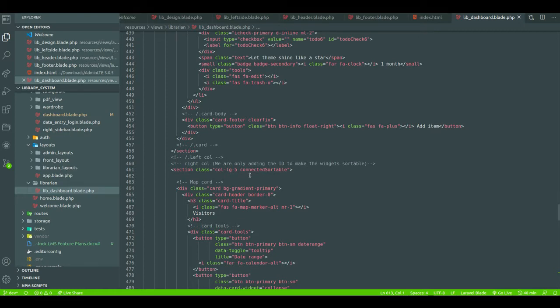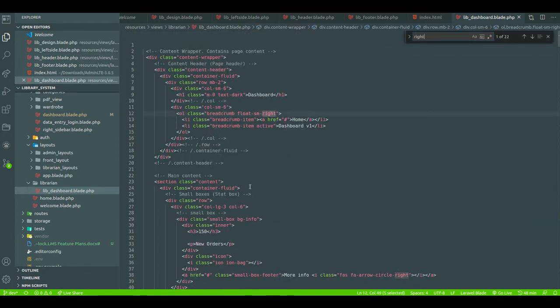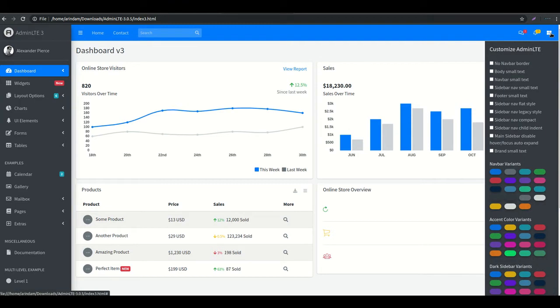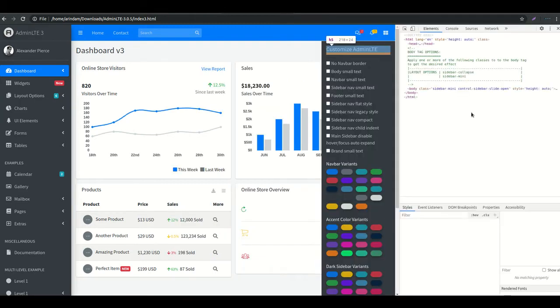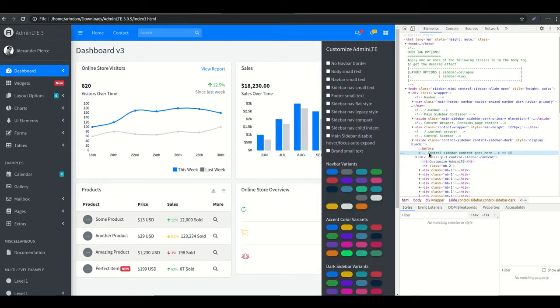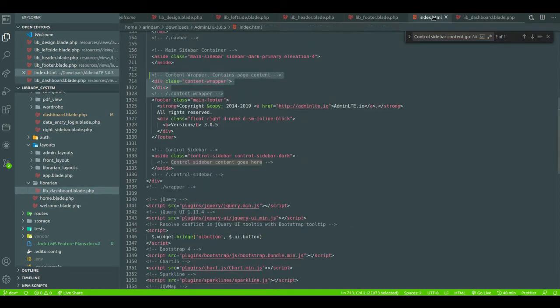Okay, first left, copy it and find with it. No result. Why? Okay.